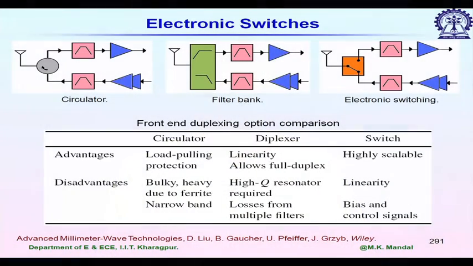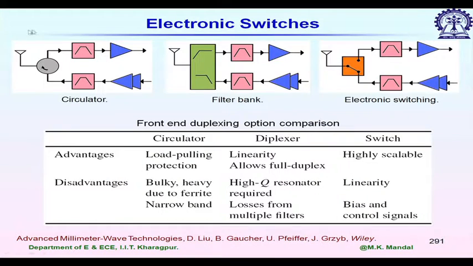So, next example is electronic switches. Now, electronic switches we will be using to connect a line or to isolate another line, and note that before electronic switches we did not have this type of application, we have some other alternatives also. So, let us first discuss what are the basic characteristics of these different types of techniques which are used to